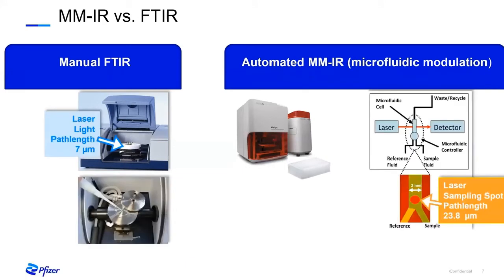Now, a few words about MMIR to understand why it is superior in its focused region, the amide I band. From this simplified block diagram on the right, you can see a tunable laser which probes the protein solution through a microfluidic cell. The expanded view shows the flashing of the two flows switching back and forth between reference and the sample. The two streams are rapidly modulated across the laser beam path, shown as the red solid dot here, to